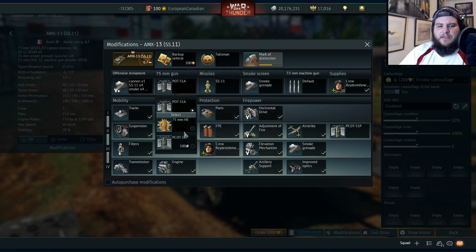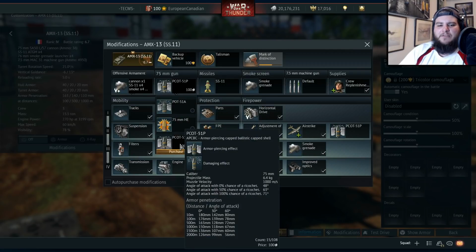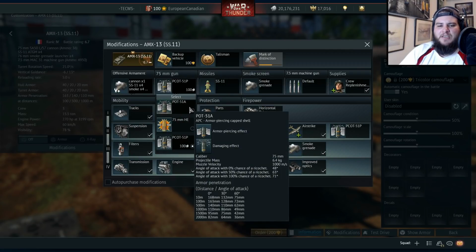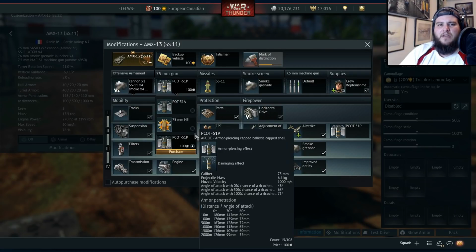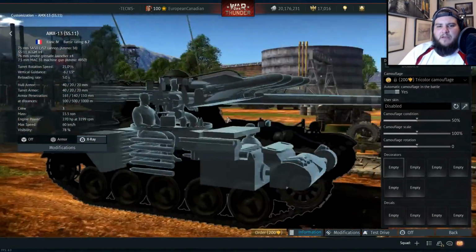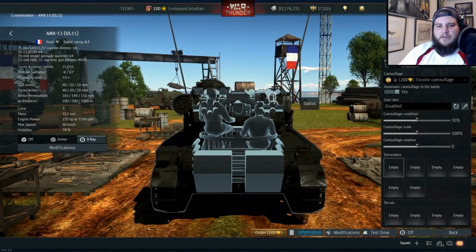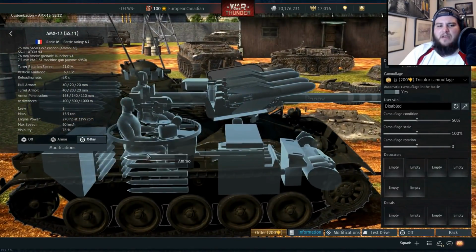If you want some stats, the Peacott's 51P, which should be the round that you use every time, has a penetration of 180 millimeters and also a penetration at 1,000 meters of 150. So it's pretty good. It's also an autoloader, and I believe it's a 6 clip. I'll just check for you. Let's have a look. Yep, you have 6, so 12 overall,